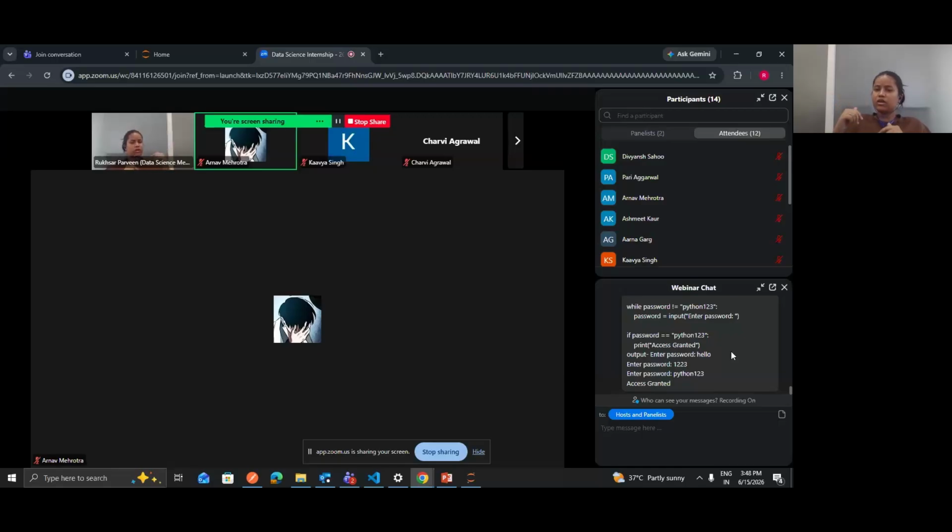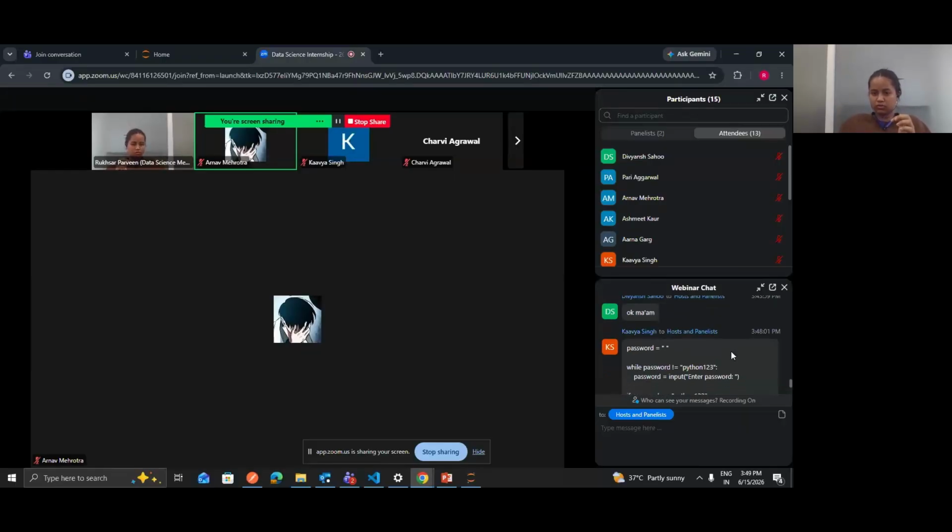If the value of this variable password is not Python 123, it will never come out of this loop, right? So you don't need to make another check. If it is reaching this point, the value of this variable is already Python 123. And one more point: try to keep the password variable outside this while loop so that you can use it in the whole code. Okay, you already have no issues.